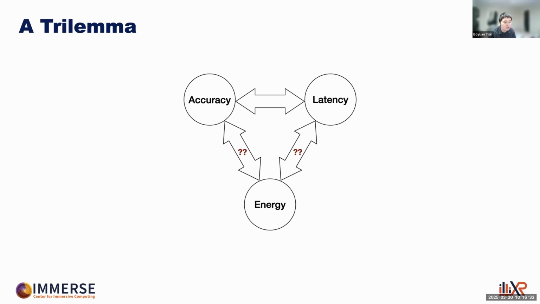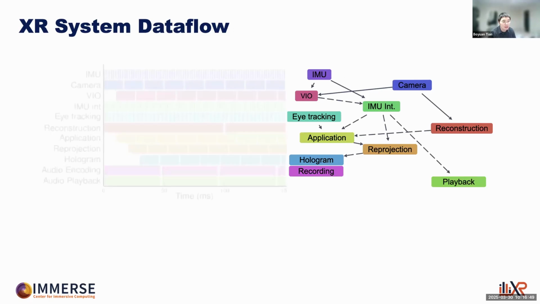The key to making these trade-offs is understanding design constraints, and we will show shortly that these constraints are often overly strict and can vary depending on the downstream use case, which reveals a wide range of optimization opportunities that are often overlooked. In a complex system like XR, the optimal design decisions for a component depend on its downstream consumers. Here we show the dependency graph of a typical XR system from sensor inputs to machine perception modules, all the way down to rendering frames displayed to users.